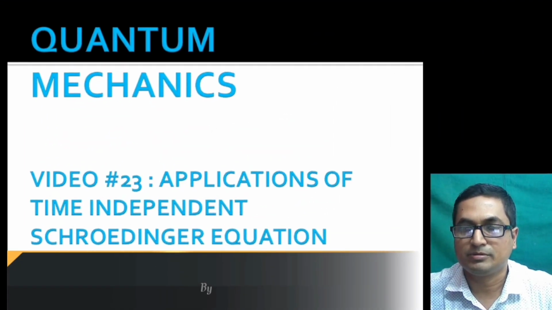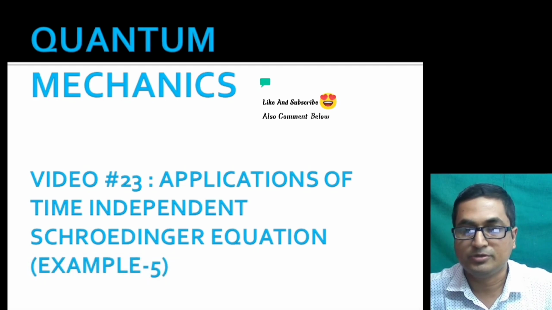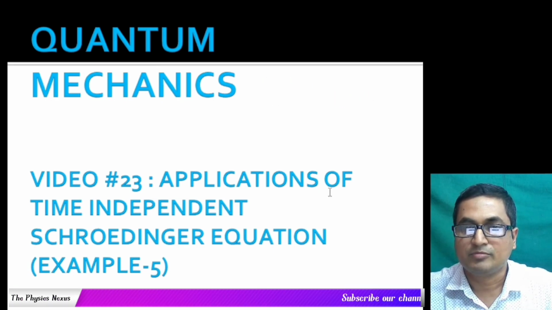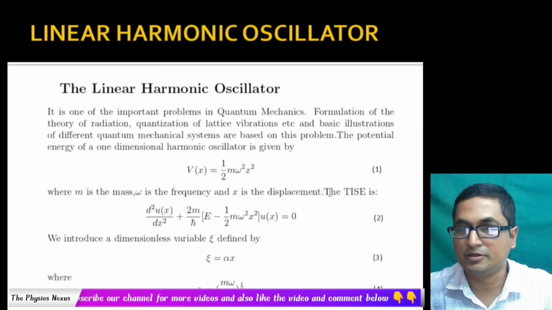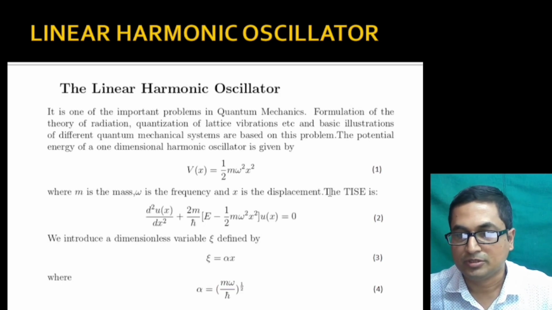I'm back here with another video on the applications of the time independent Schrödinger equation, example number 5. This being a very important problem in quantum mechanics, the linear harmonic oscillator. It formulates the theory of radiation, quantization of lattice vibrations, etc., as well as different basic illustrations regarding quantum